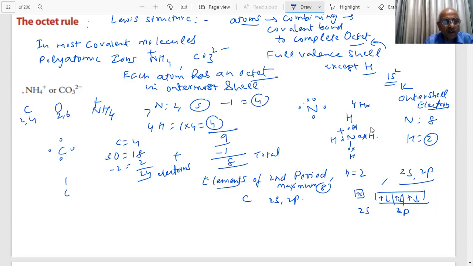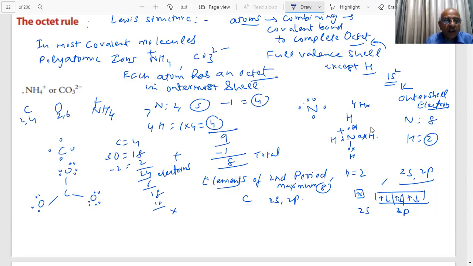So if you have something like this, 2 electrons, 2 to 4, and 2 6 electrons are gone, student. What is left with 18? And if I put 6 into 3, 18, what do you see now? 6 into 3 is 18. 18 are gone, student. But how many does carbon have now?